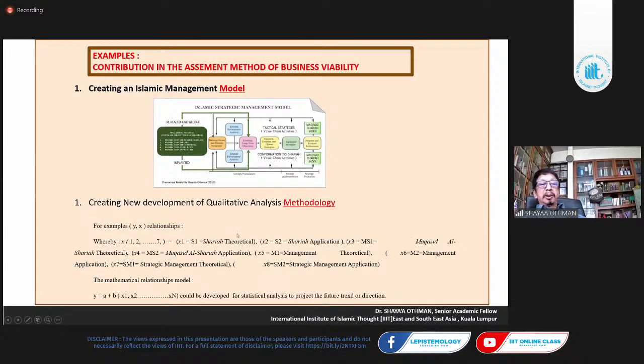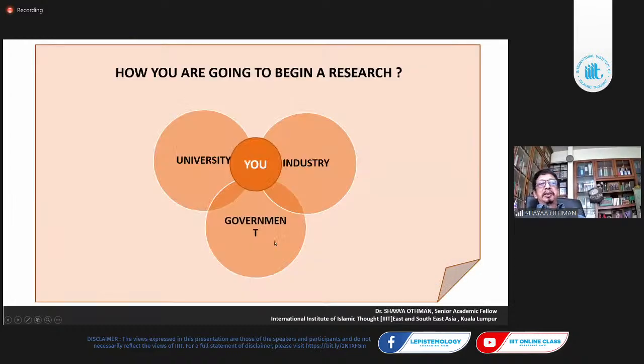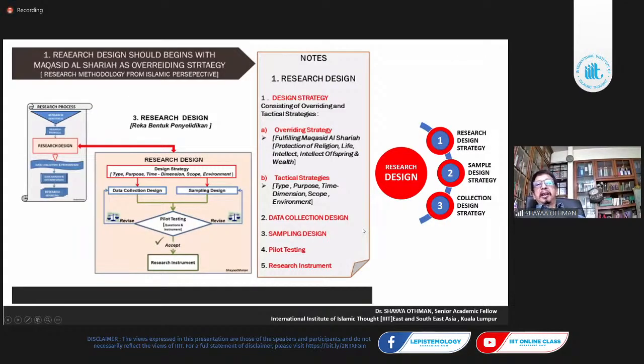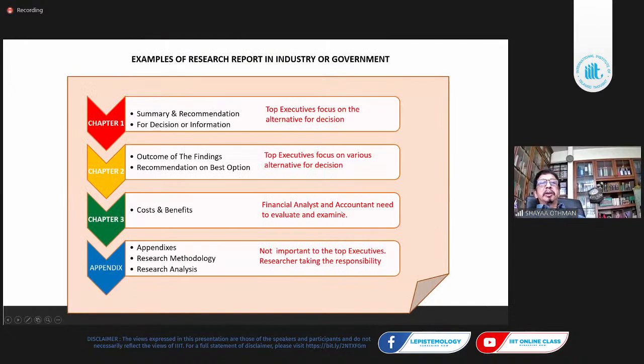And these are the model. These are the formulas I use. We developed a new formula. People can develop this formula further. That's all. So now here, at university, we have done all these areas. Most important to remind you, this element, this design, is very important. And then the purpose for university, industry, and government is based on this research design. Okay, you can see that is the end of it.